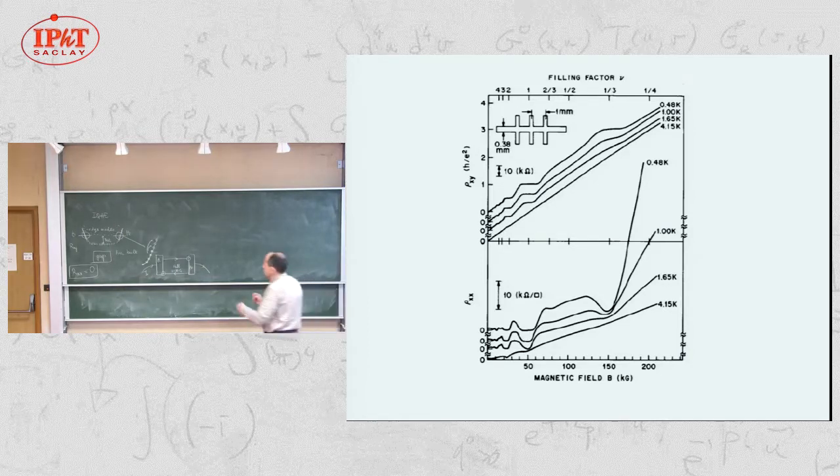In the same way, if now instead of measuring the whole voltage, so you have to remember the whole voltage is defined between top and bottom edges like this, and the longitudinal voltage, you measure it here. So you measure longitudinal resistance by looking at the voltage drop along the edge, and you find that this is 0. But then between the two reservoirs, between the contacts, there is a voltage drop, which is of course exactly the whole voltage. So there is a resistance in this phenomenon.